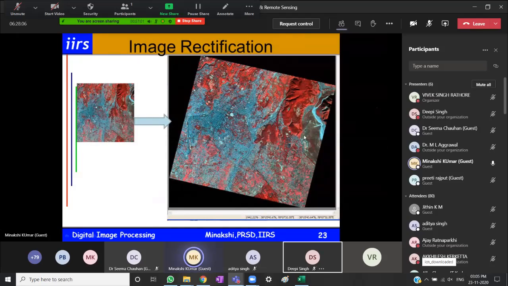It has a latitude and a longitude associated with it, and the DN values also, in addition to the rows and columns of the original system. That is, from the original system, I have a new grid which has the geometric coordinates along with the rows and columns. So this is the first step, image restoration, where we remove all kinds of